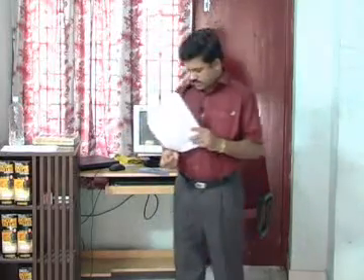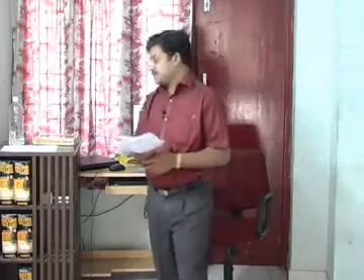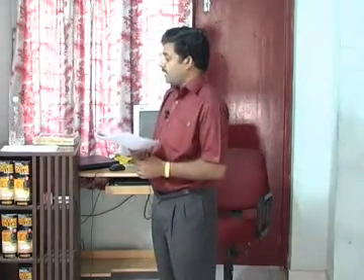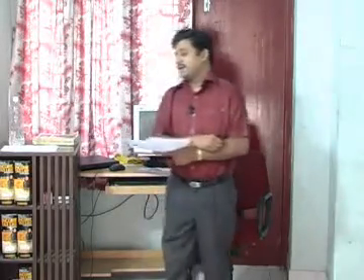Then debenture interest account debit to debenture holders, 50. Next, debenture holders account debit to bank. How much? 4,900. Now make the postings, friends. In the 6% debentures account, to debenture holders